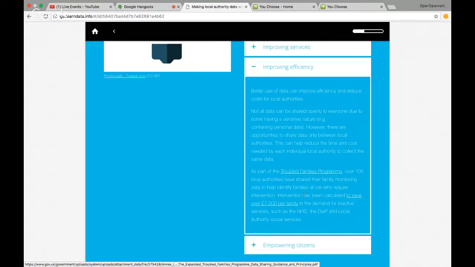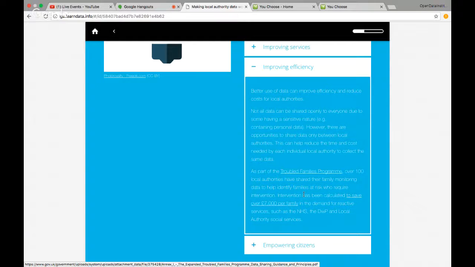So that's very, very expensive. I forget the exact numbers, but it's very, very expensive to hold somebody in custody for the night. It's very, very expensive to send out an emergency team to look after a child who's in danger. It's very, very expensive to do all these things. And whilst those things need to be done to keep people safe, it would be good if we were better